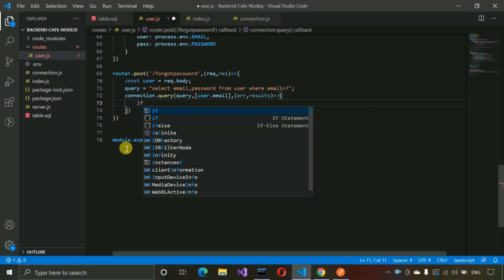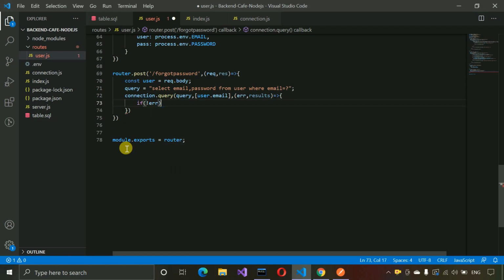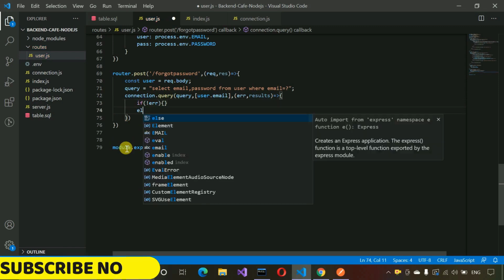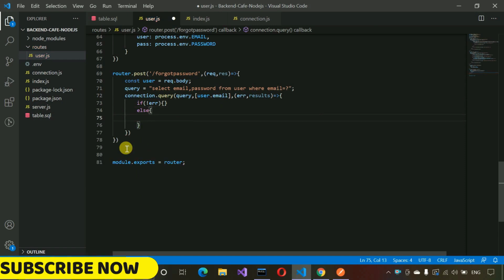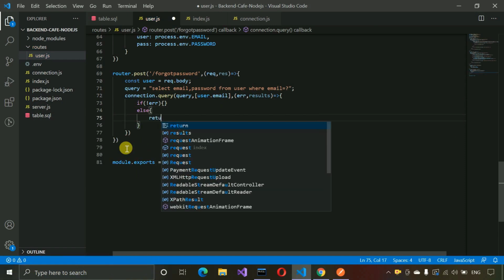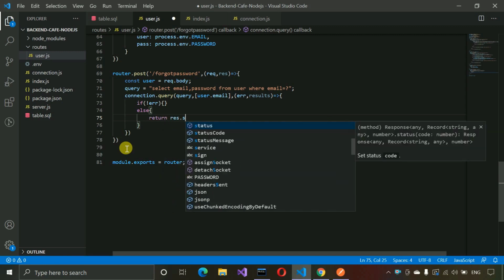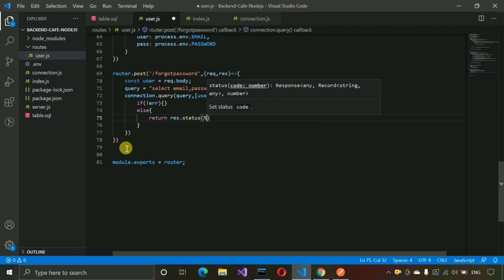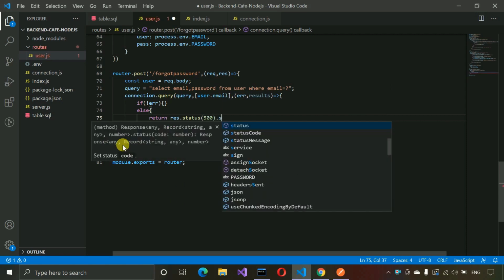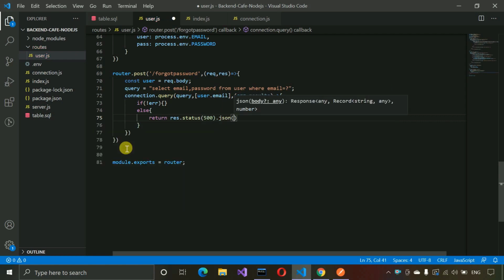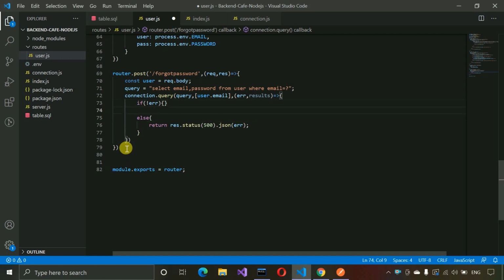And if there's no error, we are going to move to the if condition, else we are going to return that error. So return response dot status is 500 dot json with error. Okay, after that we have to move to the if condition,